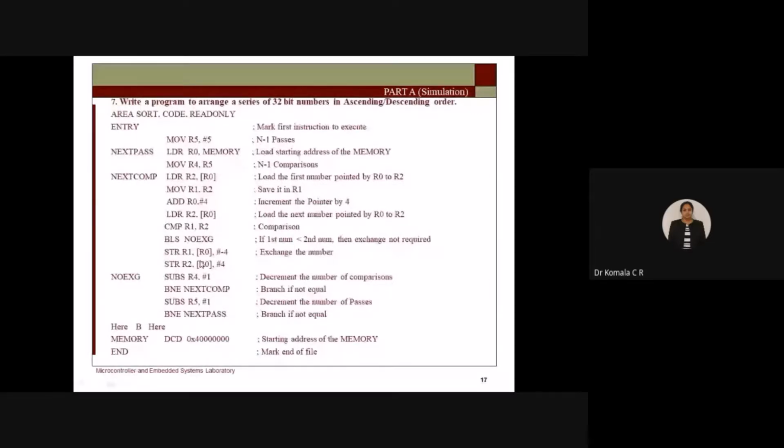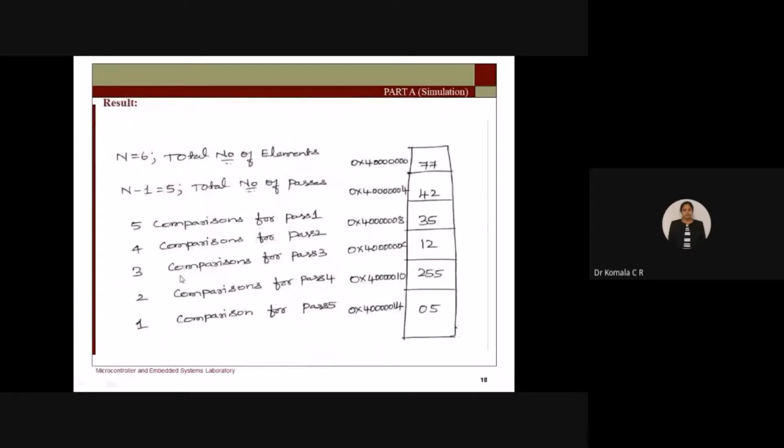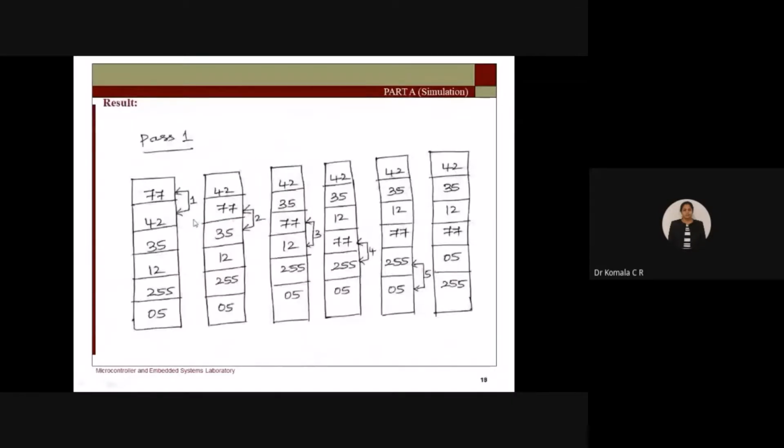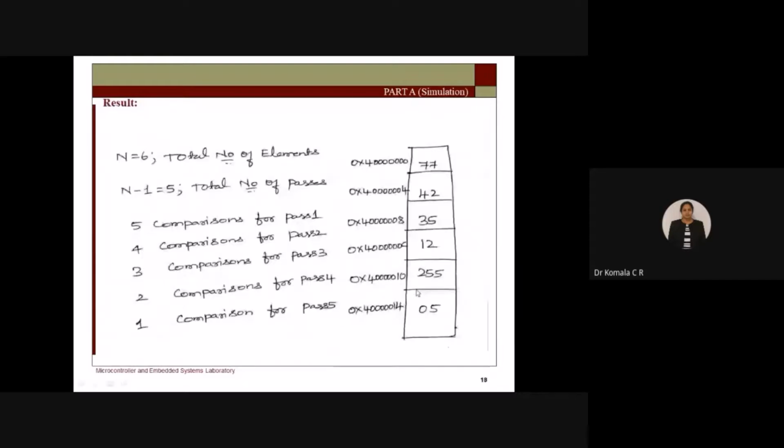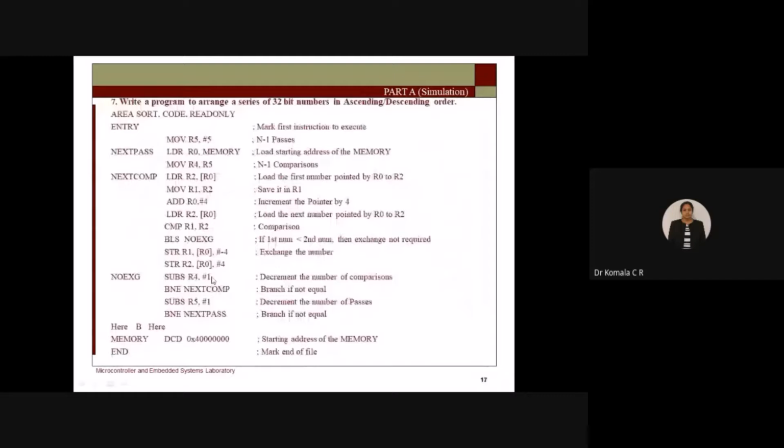So what will I do now? Again subtract R4 by 1. This time 4 minus 1, it becomes 3. Is it 0? No. Same thing, you continue. How long are you going to continue the comparison? 1, 2, you are done. Next time the third one you will do, next the fourth, next the fifth. By the time you finish all comparisons, the result of R4 minus 1 will be here. Once this counter value becomes 0, it will come out of this loop.